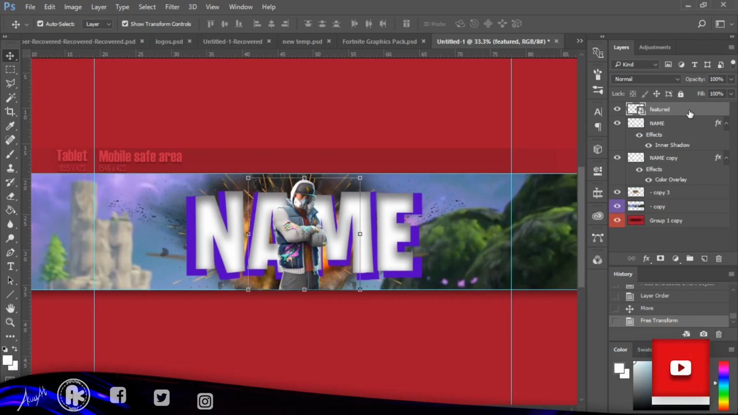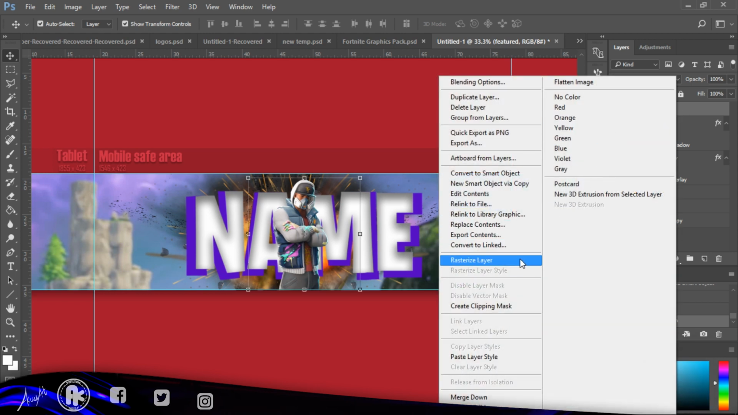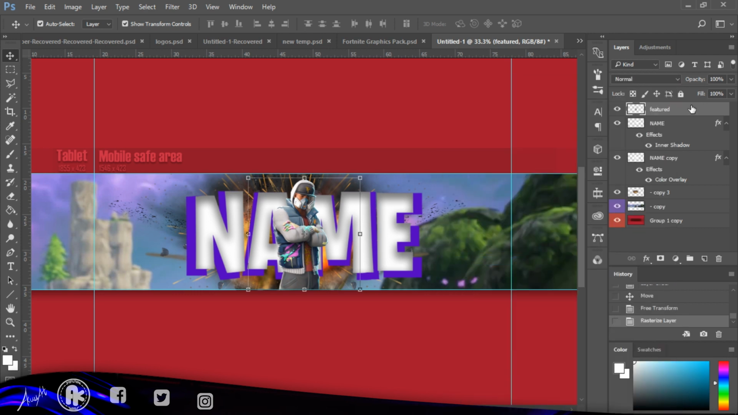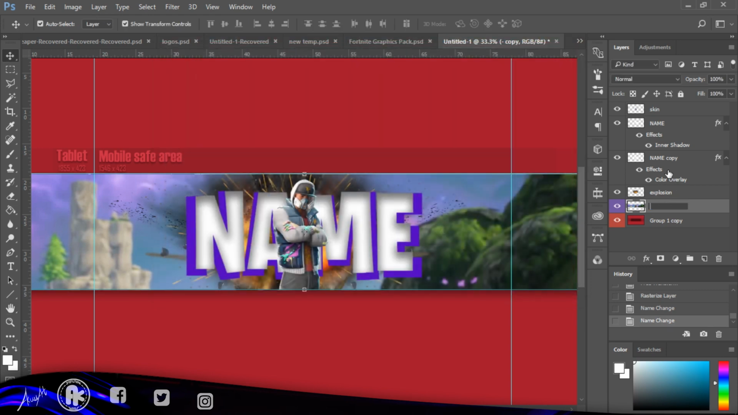So you're going to want to go in here to the featured, because that's what it's called, and you're gonna rasterize that layer. You can rename it to, I don't know, skin. Here we can rename that to explosion, and that to background or just BG. Okay, so next we're gonna want to go into this,